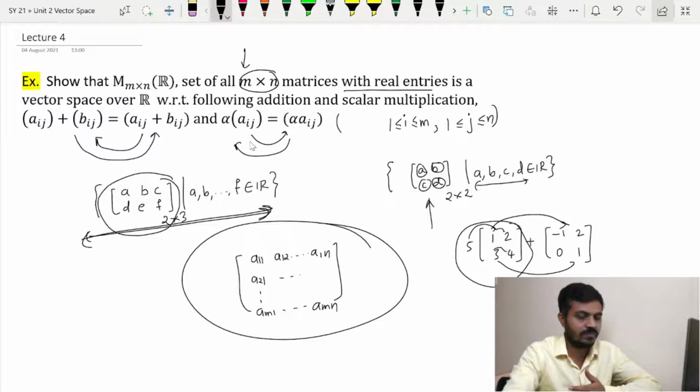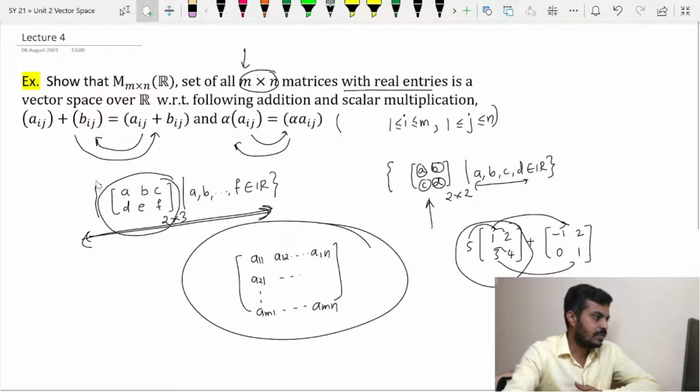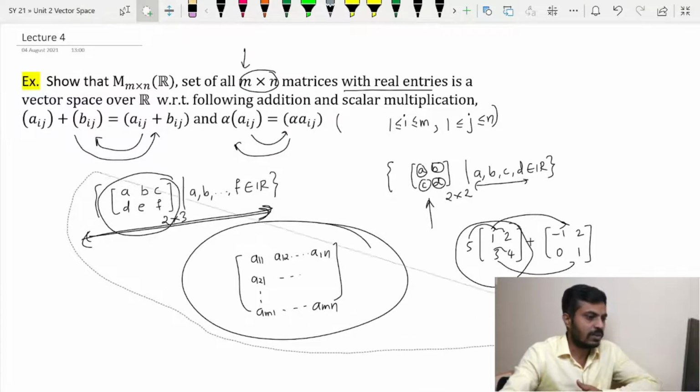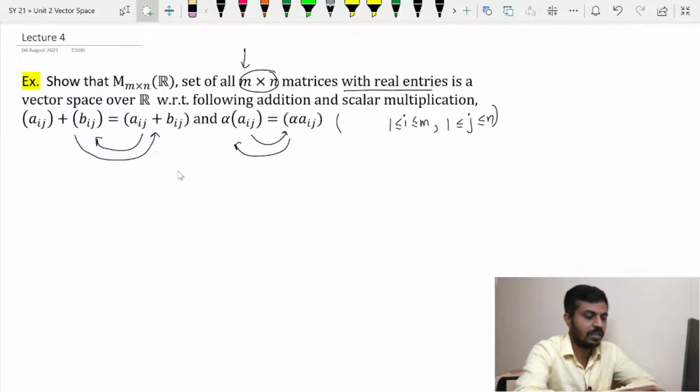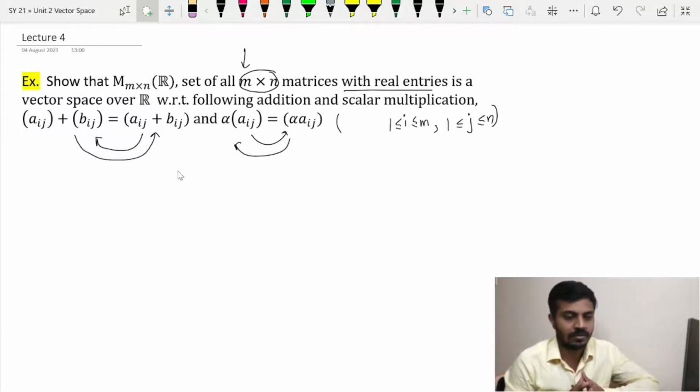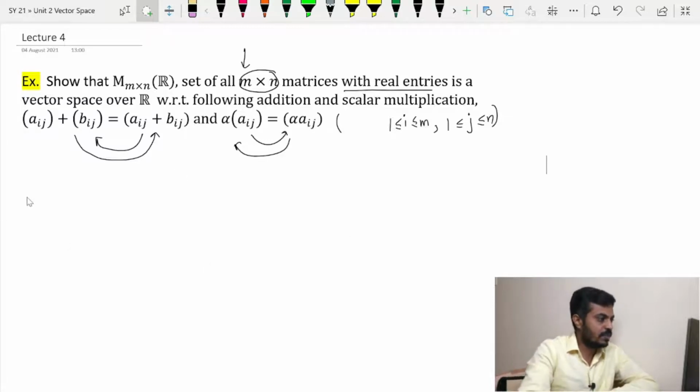Now in order to prove that this set is a vector space, we have already seen the definition of vector space, and if you recall it properly, we need 3 elements of the set which we have to show is a vector space, and we will need 2 scalars, we will call them alpha and beta. So let us begin then.